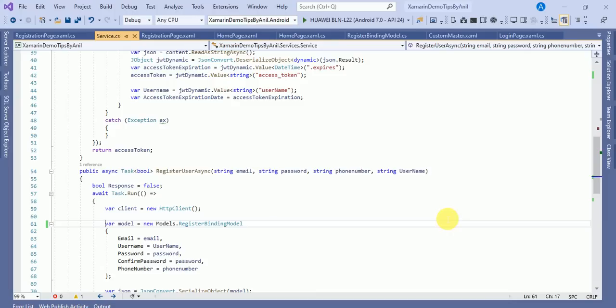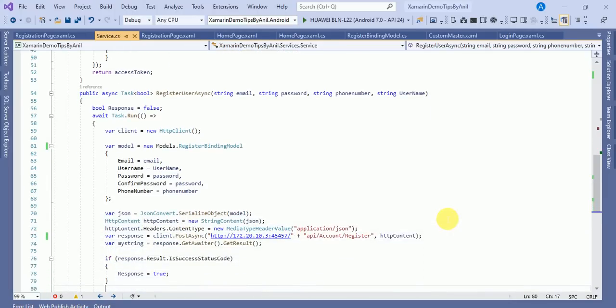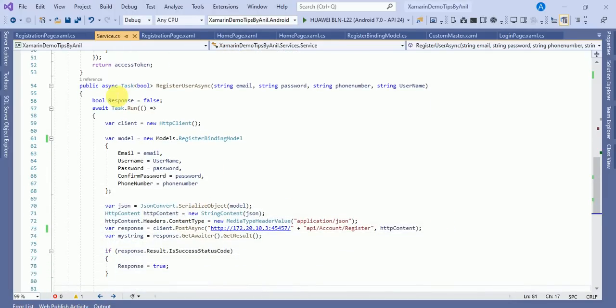So in this definition you can see we are calling this method as async. Okay, so the async method will send the request, and till that time the screen will show you the process image. So once the request is served by the server, then you will get the output.